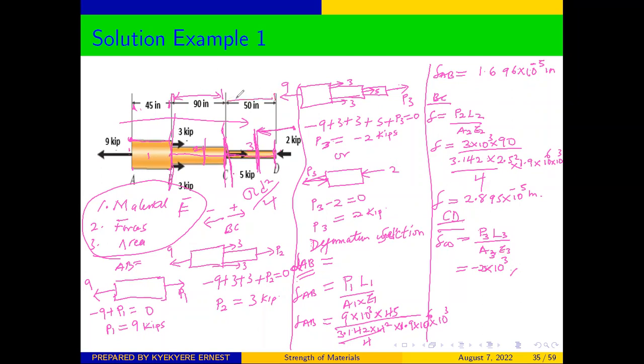C to D is 50. Don't add the others. So times 50 over our area